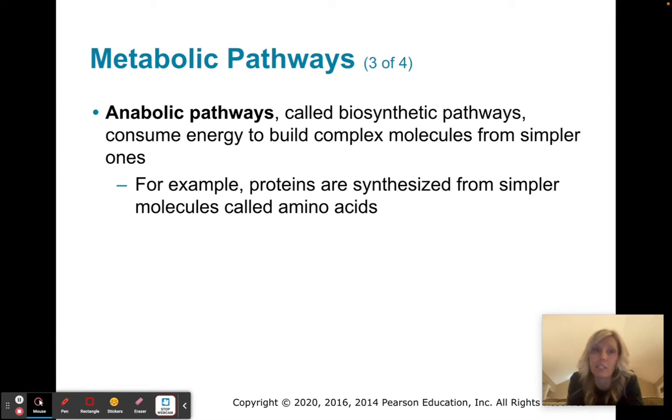On the opposite end, an anabolic pathway is going to use energy instead of releasing energy. And I'm not saying catabolism doesn't require energy. I didn't say that, but anabolic pathways are consuming energy and they're building polymers from monomers. So they're taking smaller pieces, putting them together to build these more complex polymers. And in doing so, they're basically storing the energy into the compound that's being made,